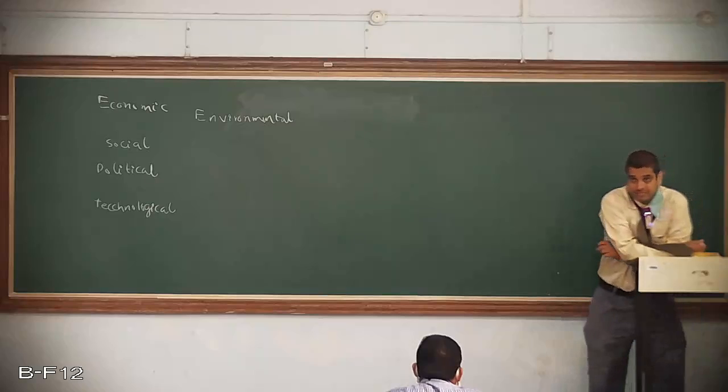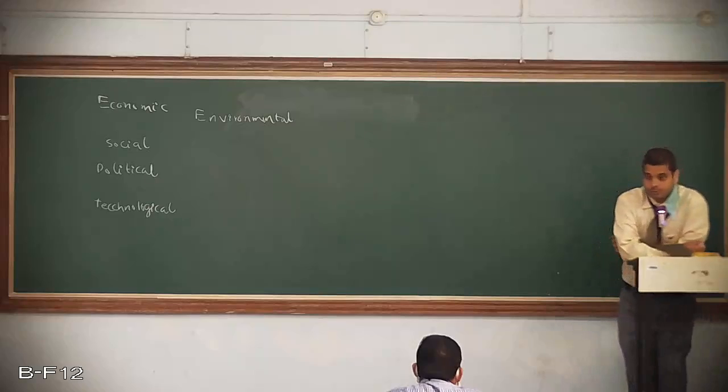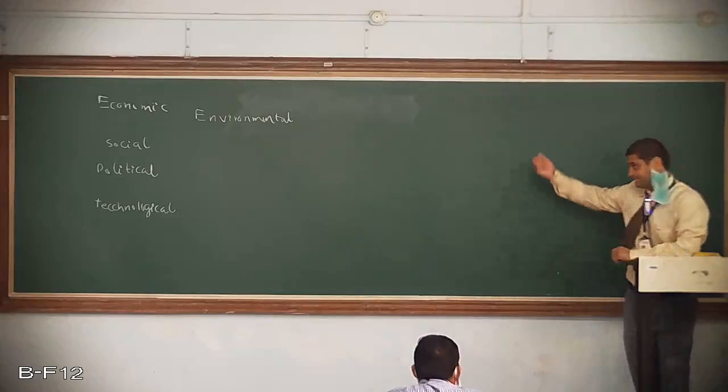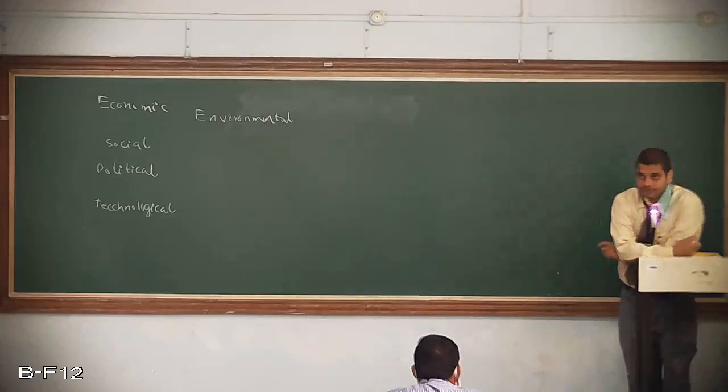If this is not followed according to the rules or policy, surely the life or the environment in that city will be affected, and also the social health, the life of the people in terms of health. So all these things have to be considered. This classification is the broader one: the first one was economical, the second one was social, the third one is political, the fourth one is technological, and also environmental. This is in the form of a broader classification.